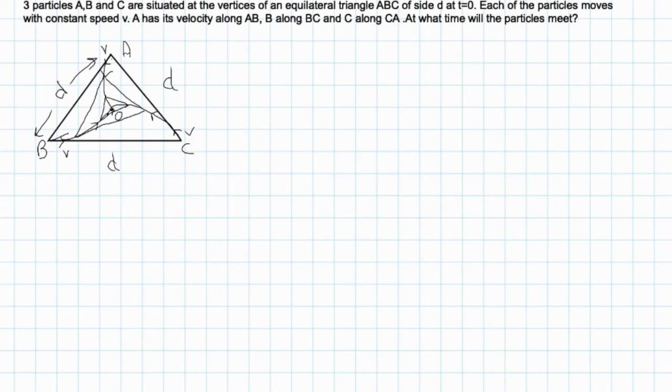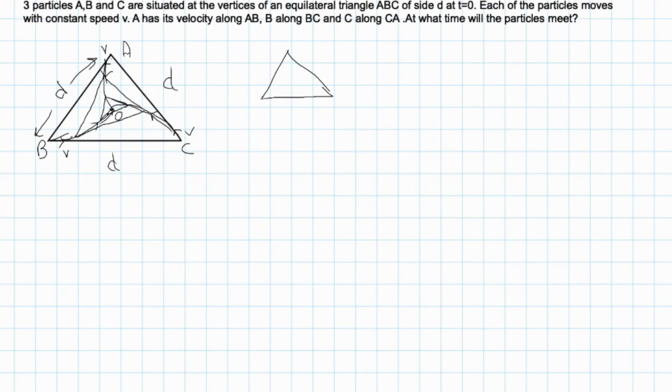A takes a path like this. This is the path taken by A, this is the path taken by B and this is the path taken by C. They will all meet at O. O is the centroid of the triangle. At any instant, the particles will form an equilateral triangle with the same centroid O. Now let's take an instant ABC. So in this triangle ABC,